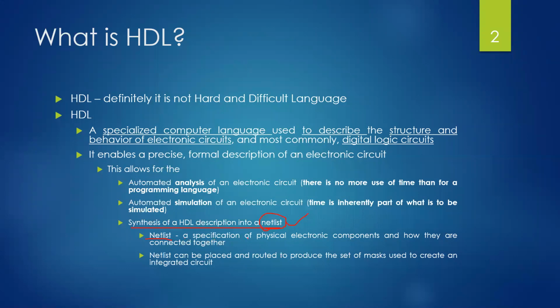It is the specification of the physical electronic components. So the netlist gives us the actual physical electronic components. It will be an entire list which will be specifying these things and how they are interconnected to each other. So you might be having some registers, some other stuff. How the interconnection happens and which all things are present, all those things will be available in the netlist.